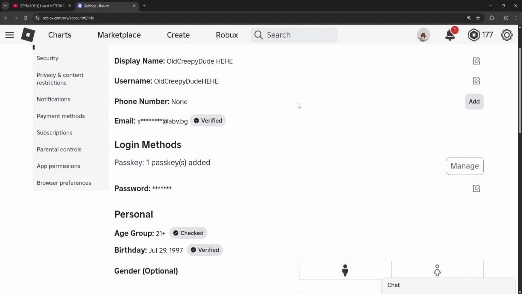Now one of the reasons why you might not have this option is because you live in a restricted country. So some countries will not have the option of getting a phone number. If you have verified that you live in a country which supports phone number logins, then you will go and